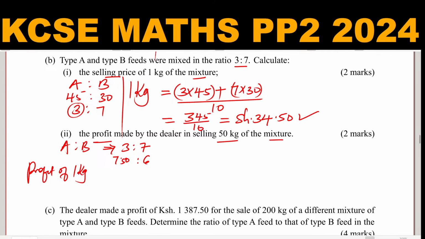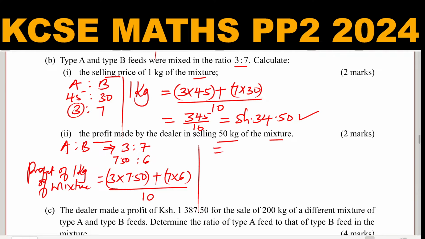The profit of 1 kg of the mixture, you're going to get it by taking the ratio 3 times 7 and 50 cents, that is for profit of type A feed, and then we add 7 times 6, that is for type B, and then we divide by the sum of the ratio 7 plus 3, which is 10. So this one will give the profit in selling 1 kg of the mixture, and using a calculator,